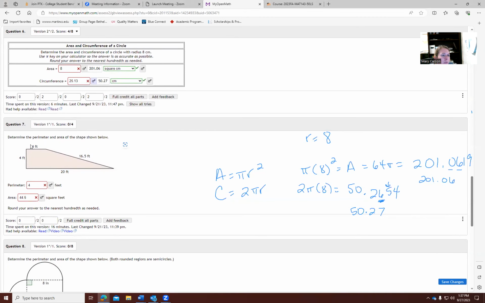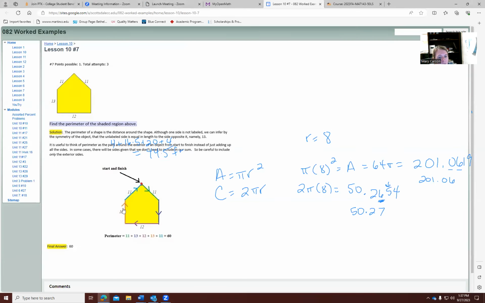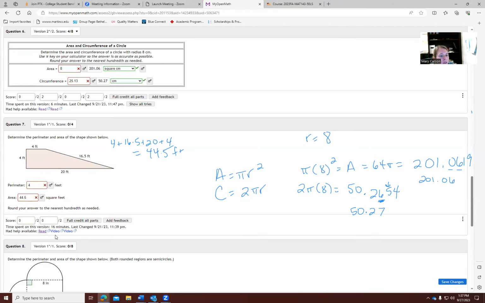How would you find the perimeter of this? Again, you add up all the sides. So you're going to do 4 plus 16.5 plus 20 plus 4. And that's going to give you 44.5, in feet. And if you looked at the read, it tells you again exactly how to find the perimeter of a shape. And then these videos are going to show you how to find the area of a